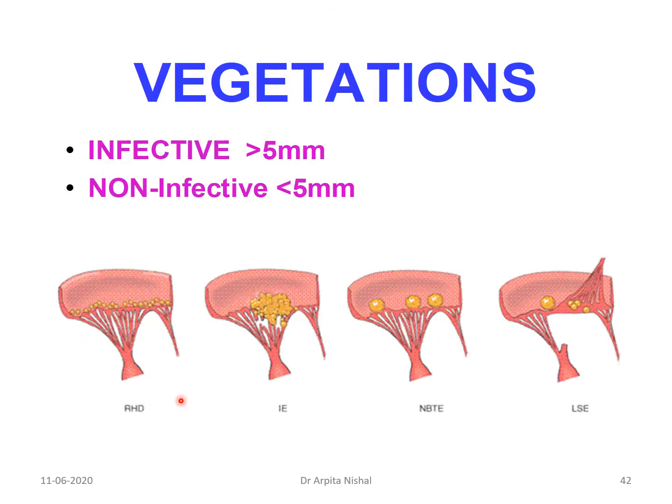So let us see the vegetations in all the 4 types of endocarditis. Infective endocarditis, we saw they are large, big, bulky vegetations. Rheumatic fever, small, tiny along the cusps. These are also along the cusps. Non-bacterial are slightly bigger than the rheumatic ones, and they are also found along the cusps of the valves. But they are more fragile than rheumatic vegetations. And Libman-Sacks, as I said, they are seen on both surfaces of the cusps in the pockets.